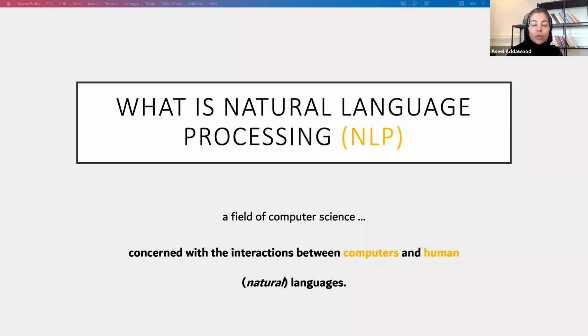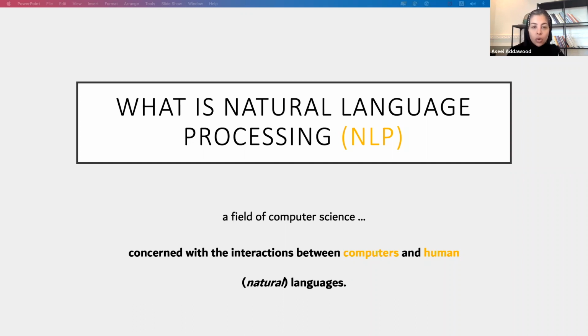So let's talk first about what is natural language processing. So this presentation, as all know, is for everyone. So if anyone doesn't know what natural language processing is, it's one of the fields that started in computer science. And the idea of that domain is understanding the interaction between computers and humans. Not just humans in a very big way, but just their natural language, when they are speaking, when they are talking, how can computers understand that?